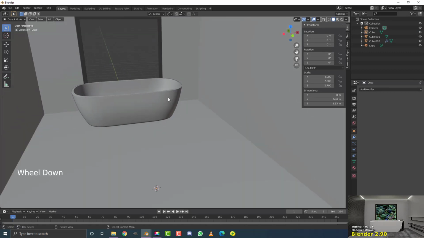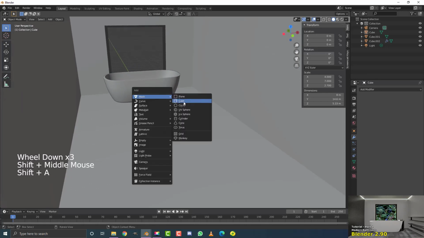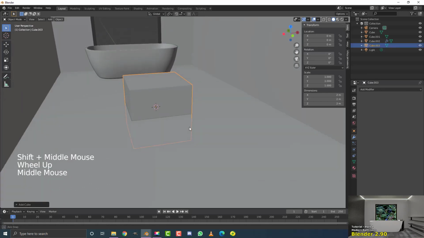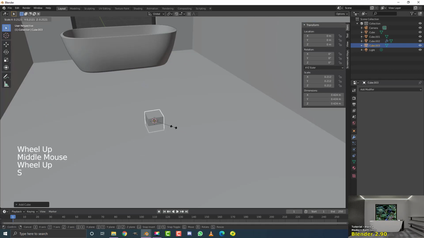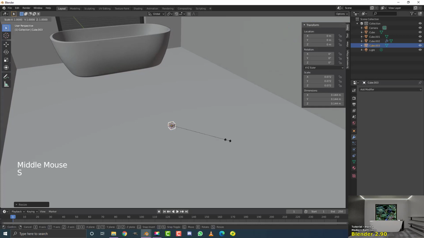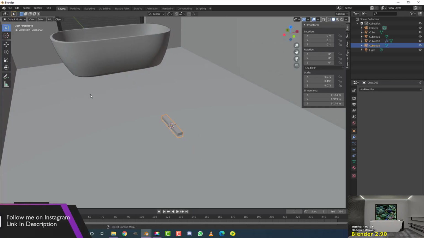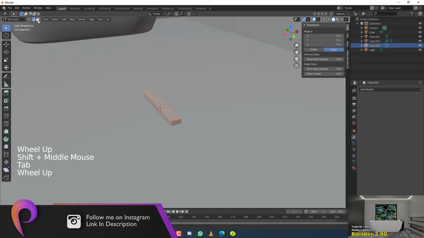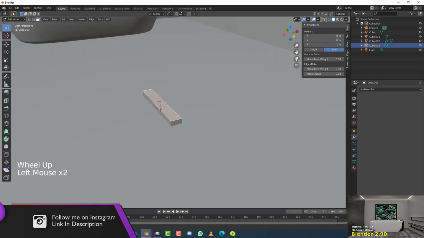We're going to start by going Shift A, and let's just add in a simple cube here. With this cube selected, we're just going to go S to scale that guy down. Let's just go about this much for now. You can actually see here on the transform vectors what that actually is if you want to make it exactly the same as me. Then I'm going to go S, Y, and scale it out on the Y about that much. Then I'm going to tab into edit mode, go to face select here, select only the top face,